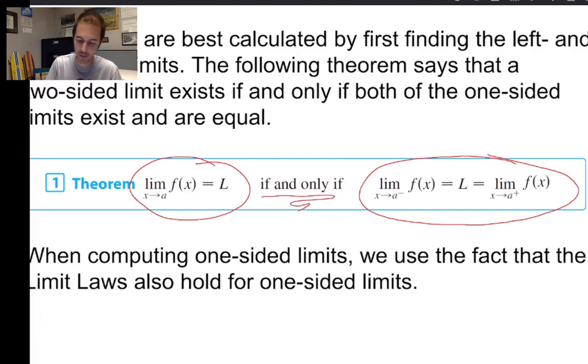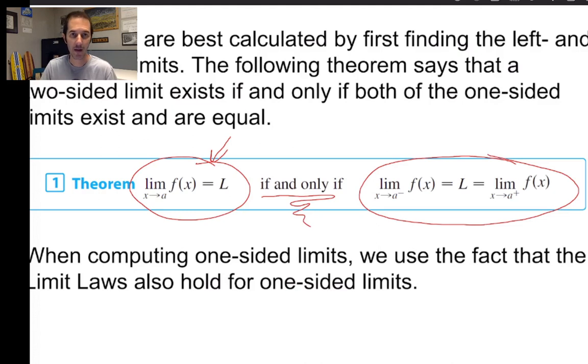That's what if and only if means. It means that the truth is bidirectional. If A, then B, and B, then A. All right? And what this says is that if we're being told that the limit as x approaches A exists